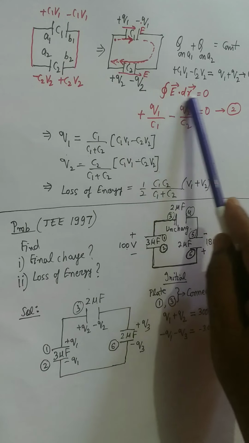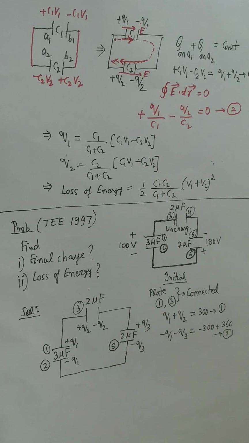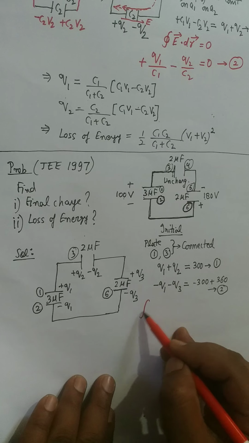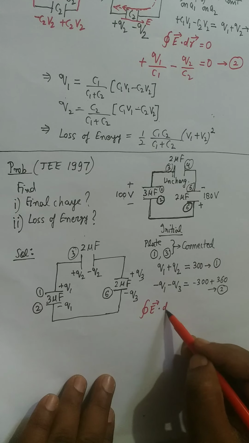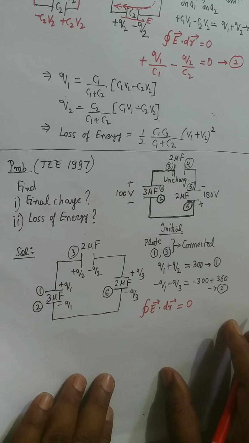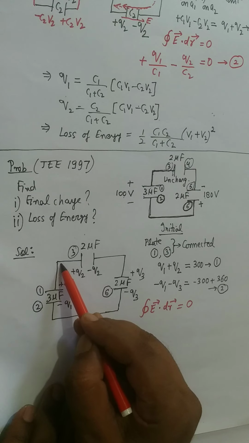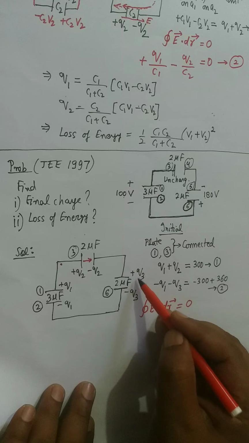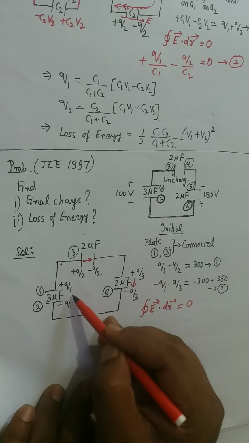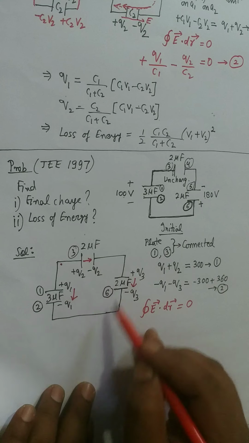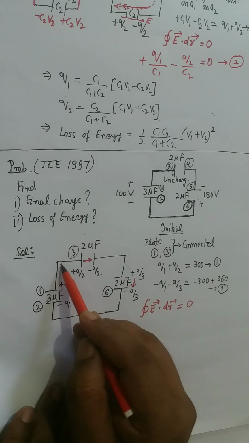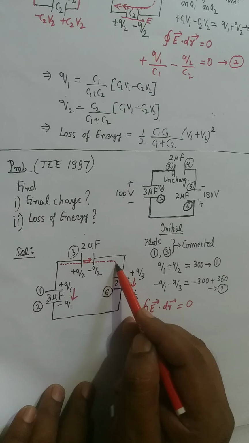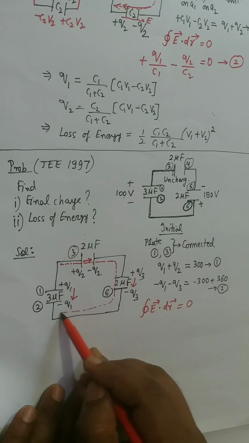The final equation should be from the closed path integration of E dot dr equals 0. The closed path integration of E dot dr will be 0 for any circuit. I start from here. Plus and minus, so the electric field is in this direction; plus minus, the electric field is in this direction; plus minus, the electric field is in this direction. So these are the directions of the electric field. Now start from here, and move to the right hand side, and travel in the clockwise direction, travel like this.